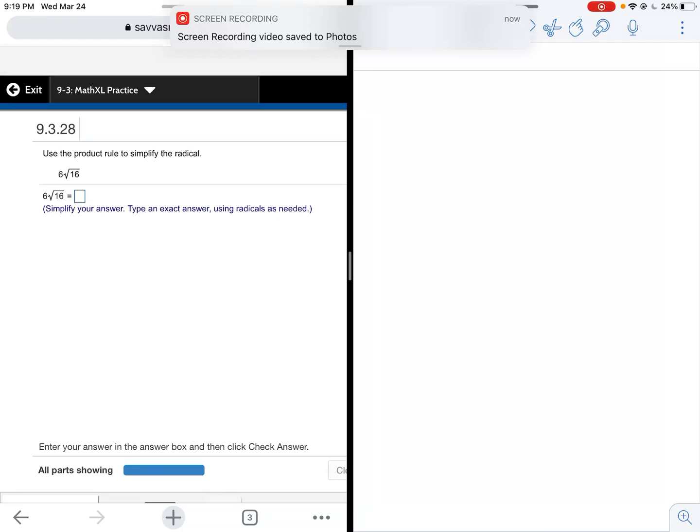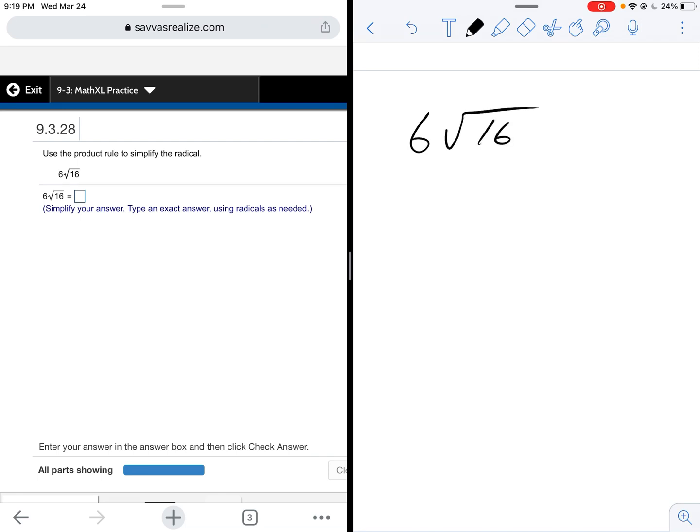Okay, this is question number 3 from the Pearson 9.3 assignment. We have another radical here that we're dealing with. We have 6 times the square root of 16. Now, in this case, you might end up lucking out with some problems because if you notice for this one,